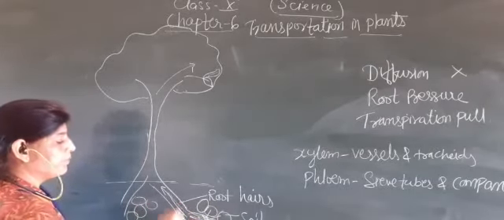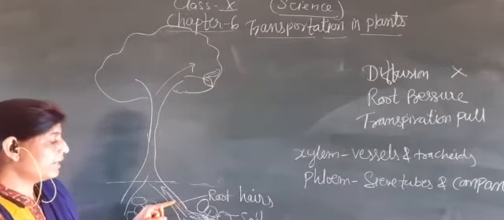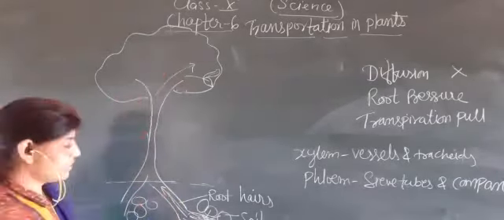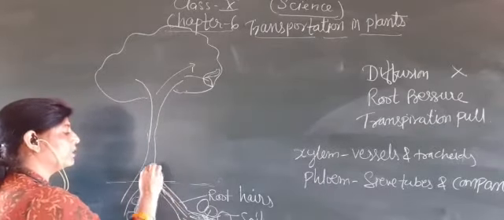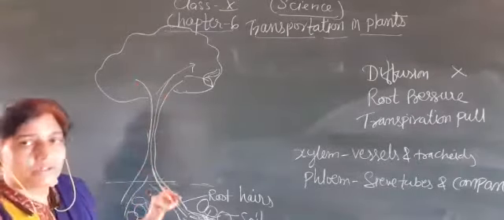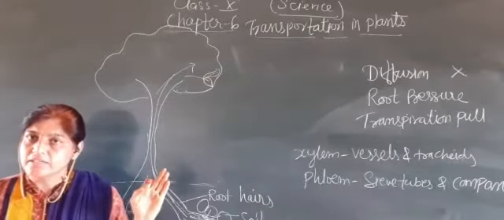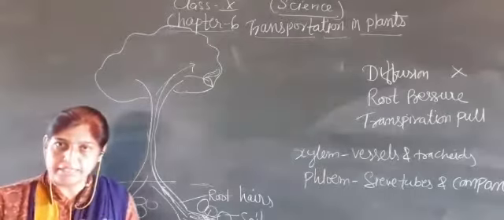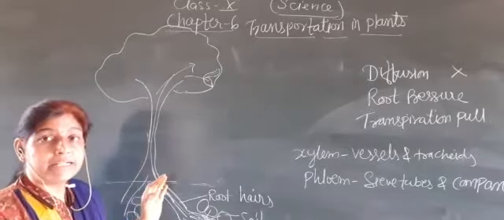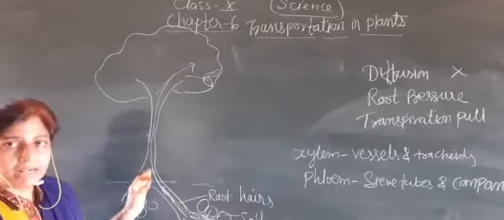From the root it goes to the xylem of the root, and there is a continuous column in the plant, from root xylem to stem xylem to leaf xylem. So water easily moves from the root to the stem and to the leaves by the continuous column known as the xylem. In an earlier class you studied that there are four components of xylem: tracheids, vessels, xylem parenchyma and xylem fiber. Out of these four, tracheids and vessels are mainly responsible for the transportation of water in the plant.